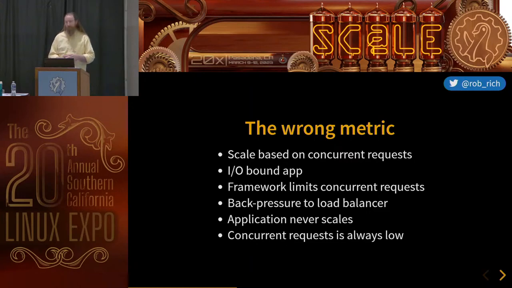And instead, it will apply back pressure on the incoming queue. So we'll have a request queue length that gets bigger, but the number of concurrent requests did not change. So again, we're going to keep our scaling artificially low. We're going to have now maybe system outages because we're not getting the capacity that we need, because we didn't scale up. We never had more concurrent requests than what was running in our system. Oops, we picked the wrong metric.